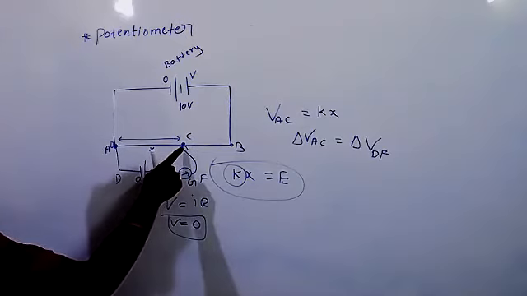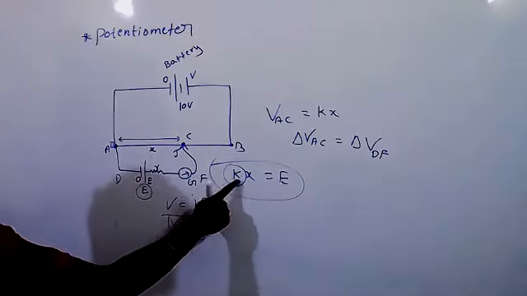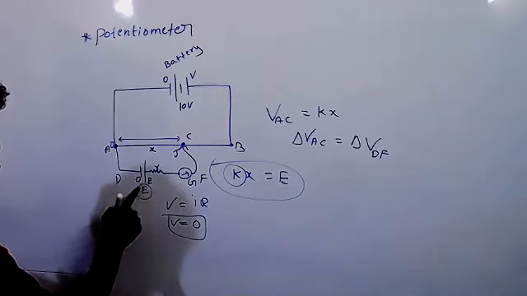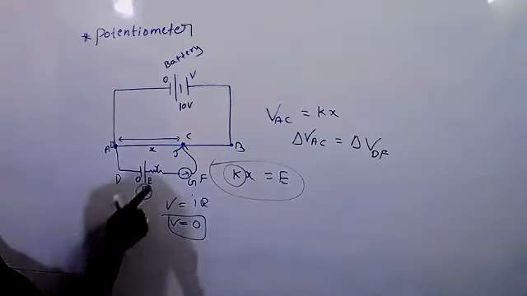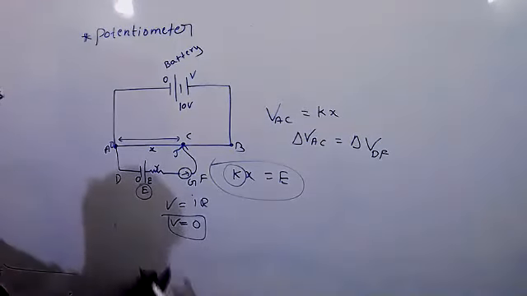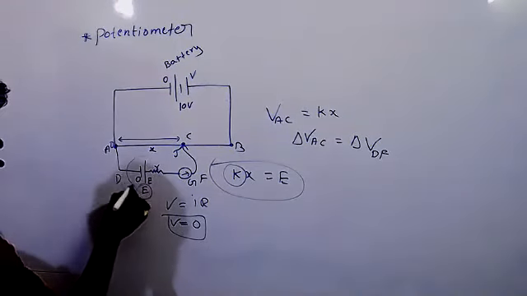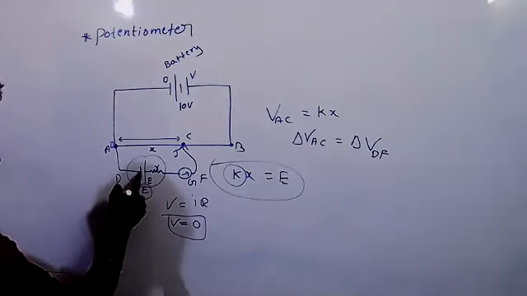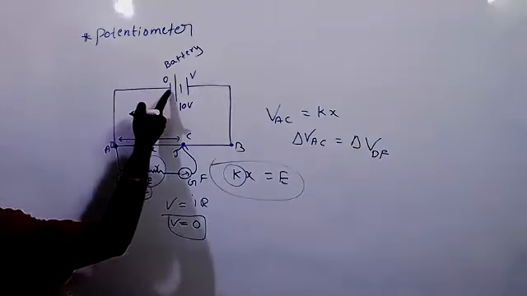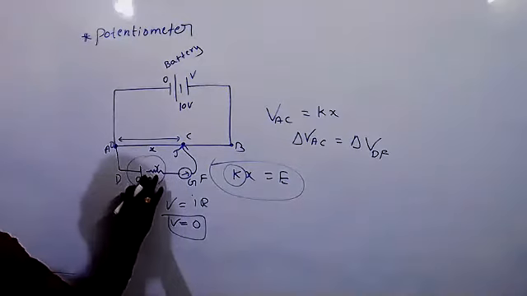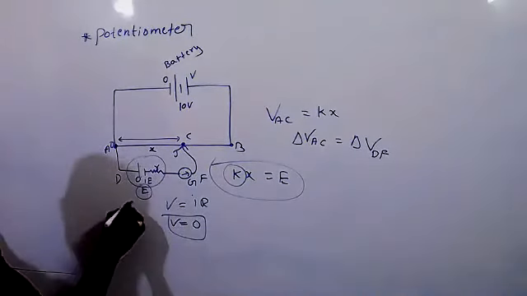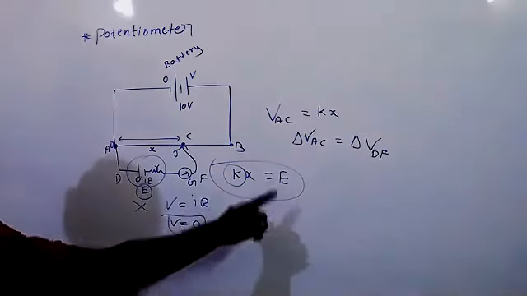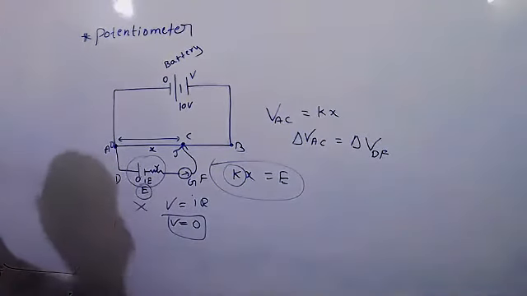where I will get the null point. Basing on that, K into X is nothing but this total EMF. So I can calculate EMF like that. When I'm calculating EMF, remember carefully, it is negative, positive, and here also negative, positive. In that place, if you write positive and negative, it's wrong. You can't calculate it. Why you can't calculate, I will tell you.